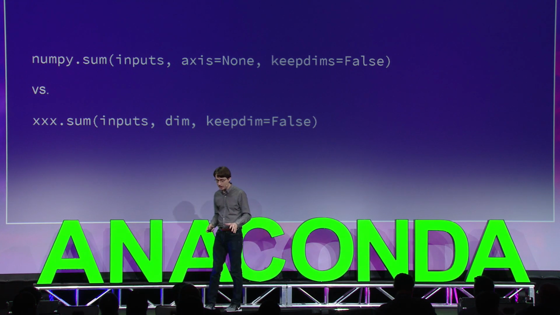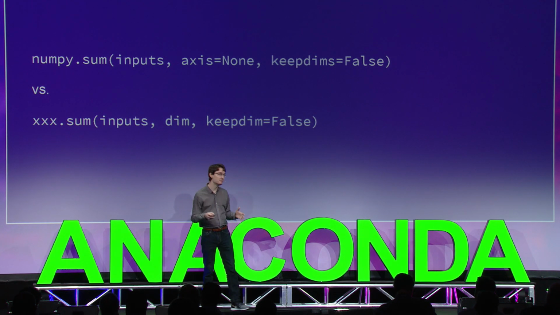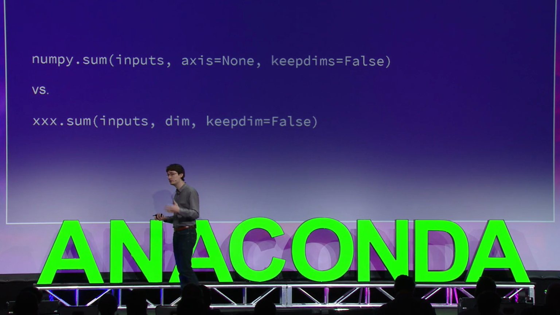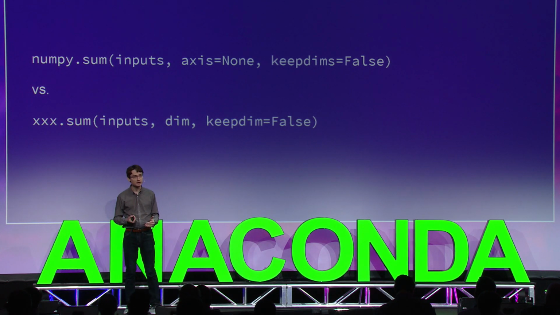super important. Naming consistency, first of all, means internal naming consistency. So if you have a concept that in one place you're naming axis, well, you should always be naming it axis. You should not suddenly switch to dim or dim_i in a different place. But it's also not just internal naming consistency, but naming consistency with well-established standards. So for instance, if you're writing a numerical computation library for Python, well, NumPy, obviously, is the standard. So as much as possible, you should seek to be consistent with the NumPy API.